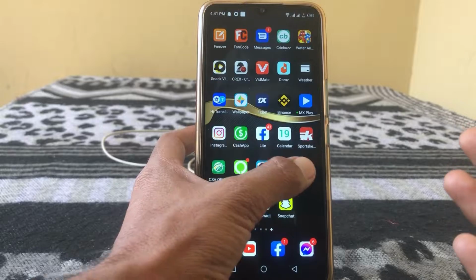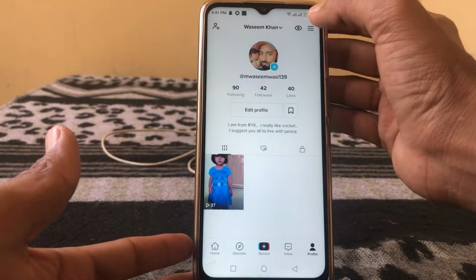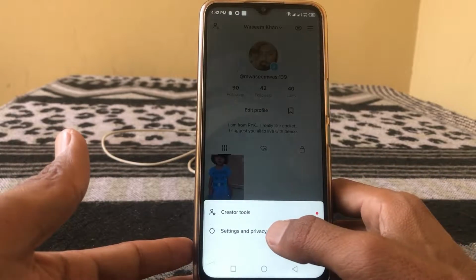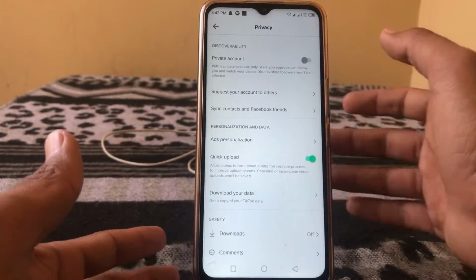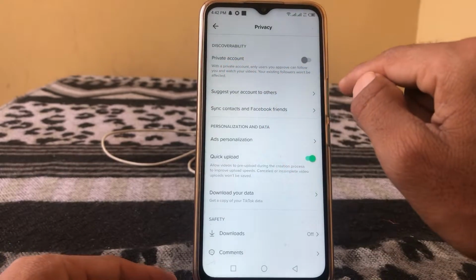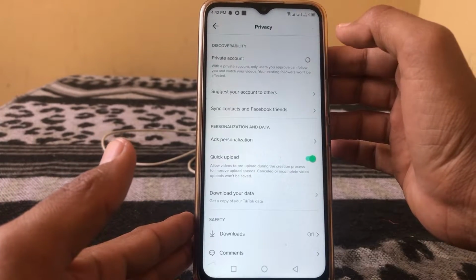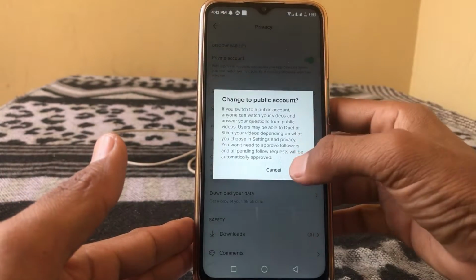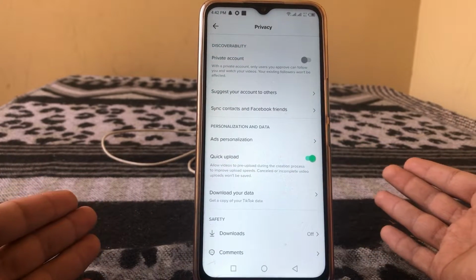First of all guys, open up TikTok and go to the profile and then tap on three lines here, then tap on settings and privacy, and here you can see privacy. So just simply tap on this and you can see here private account. So if you want to make your account private, then what you have to do is just simply turn the toggle on for this. If you don't, then what you have to do is just simply turn the toggle off